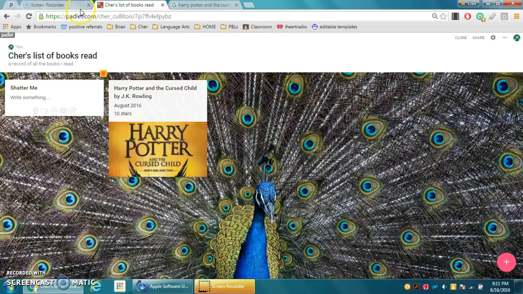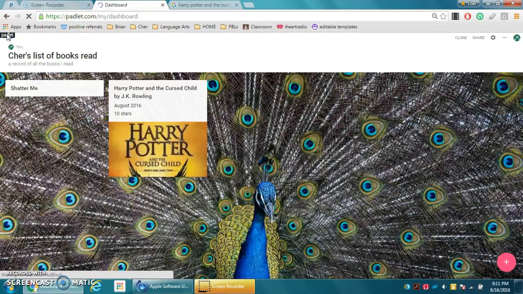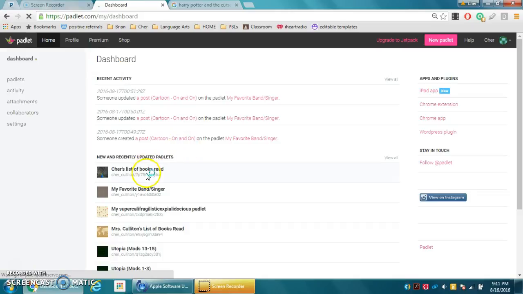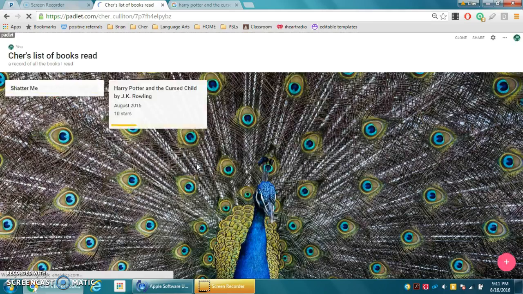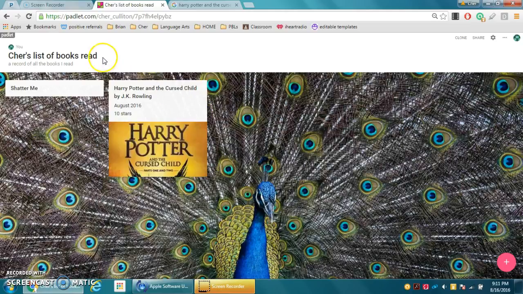So here's what my Padlet looks like right now. So hopefully by the end of the year, you'll have something that looks pretty similar to mine, and you'll keep adding to it. Sometime later in the week or next week, I'll have you share your links with me, and then I'll post them to my website, and you can view each other's. All right, but that's what your task